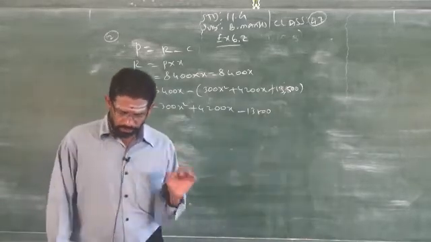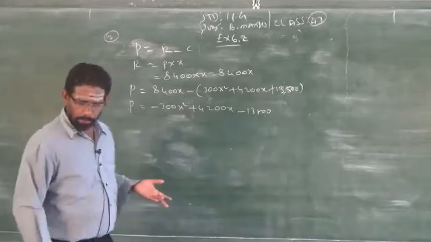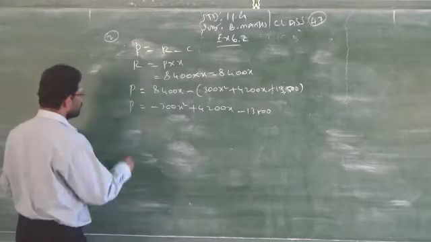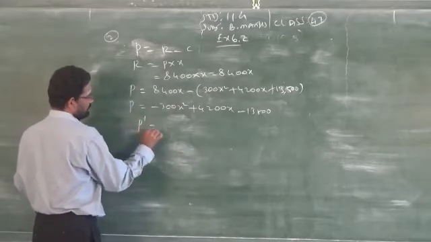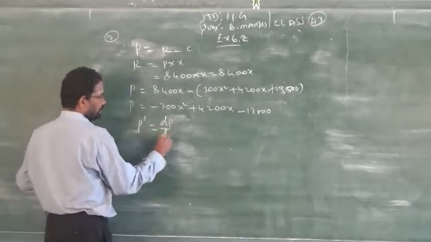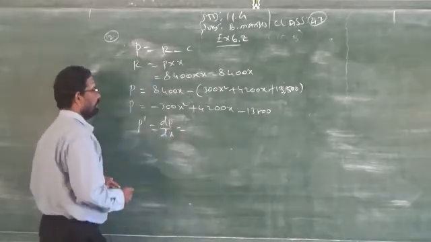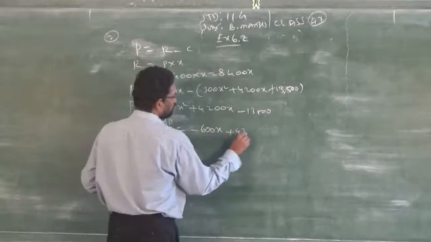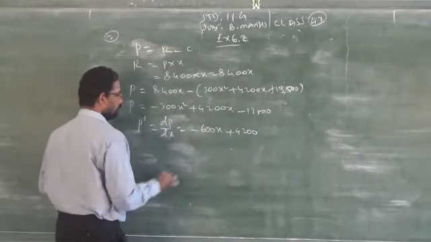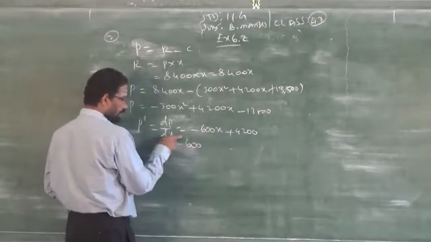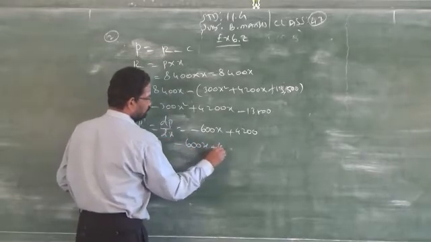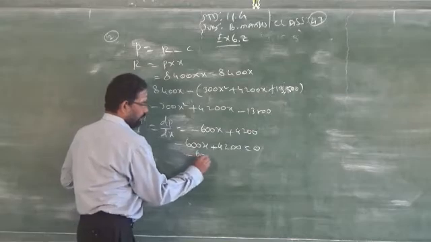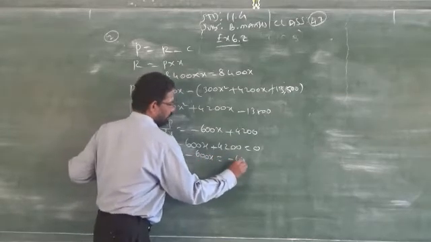Now what is the question? You have to prove whether the profit is minimum or maximum. That is, you have to show that the company's profit is increasing. Therefore, what is the rule? P dash first order. You can write dP by dx also. Both are same. dP by dx is minus 600x plus 4,200. This will become 0. So what is the rule? After finding the first order, you have to make that result equal to 0. From that you have to find out what is the value of x.